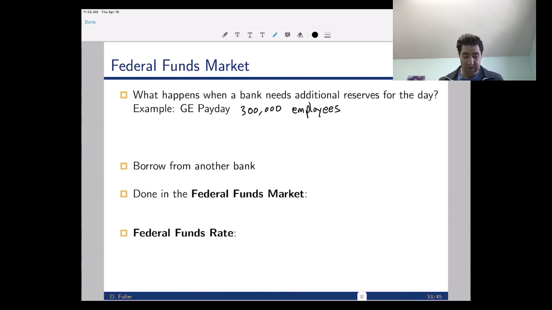So let's say that these employees here make about $7,000 each per month. Okay, so that's roughly about what the average salary is at a company like GE. Equates to $7,000 per month. So on payday, so let's say that we're coming up to May 1st, GE is going to have to pay $2.1 billion